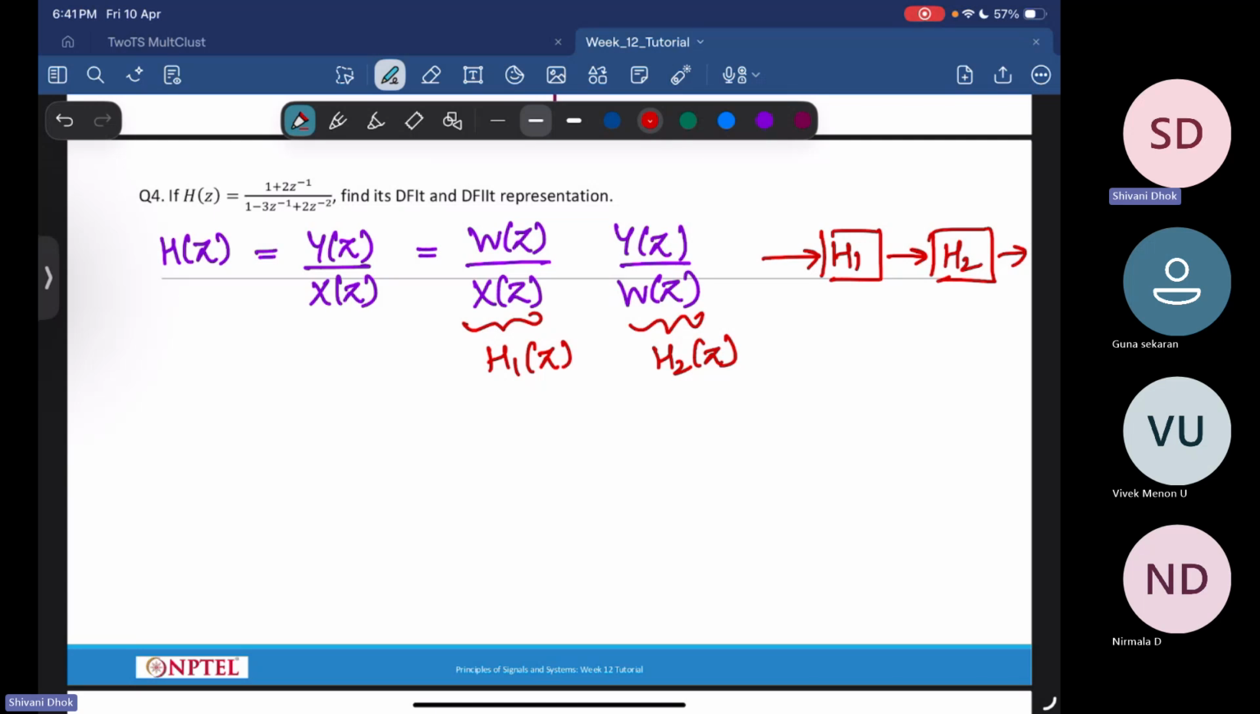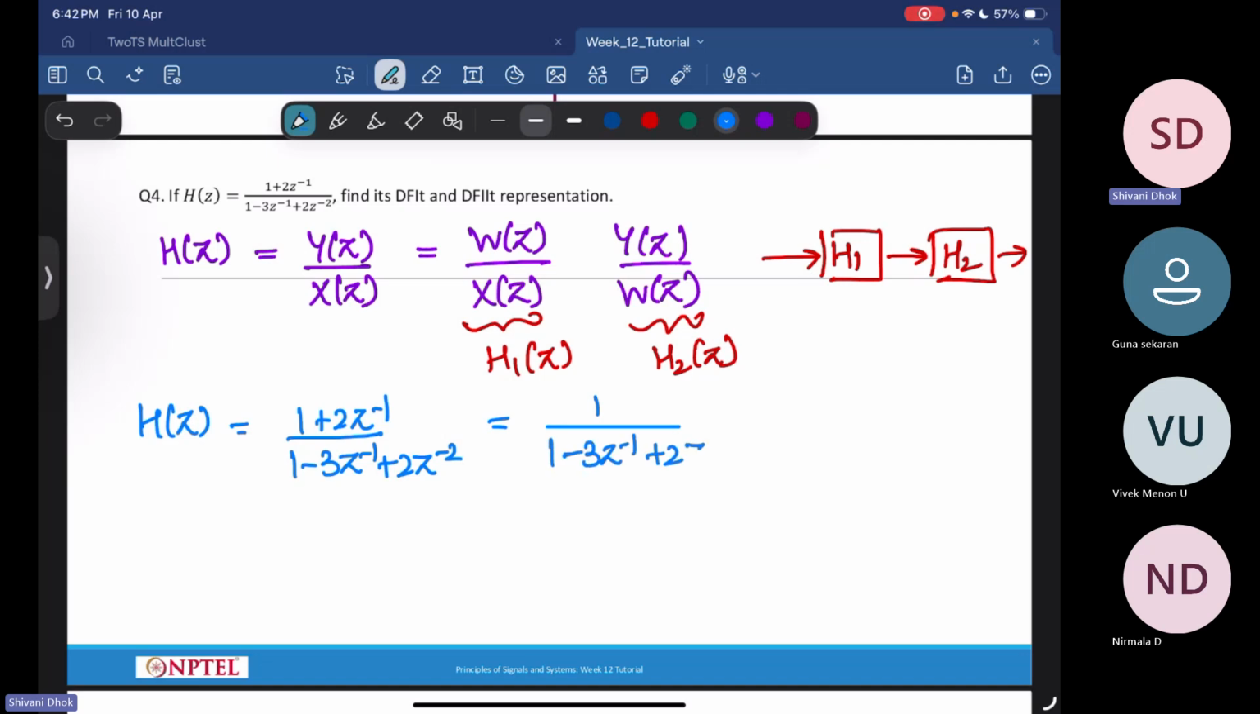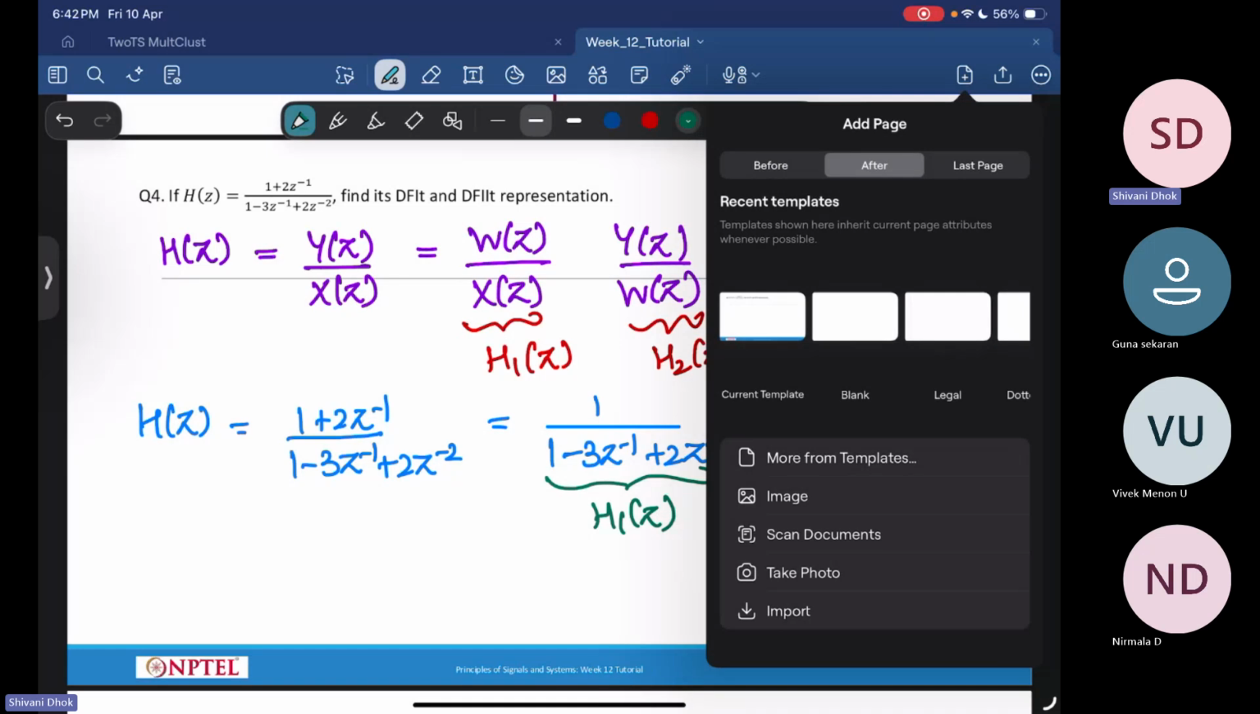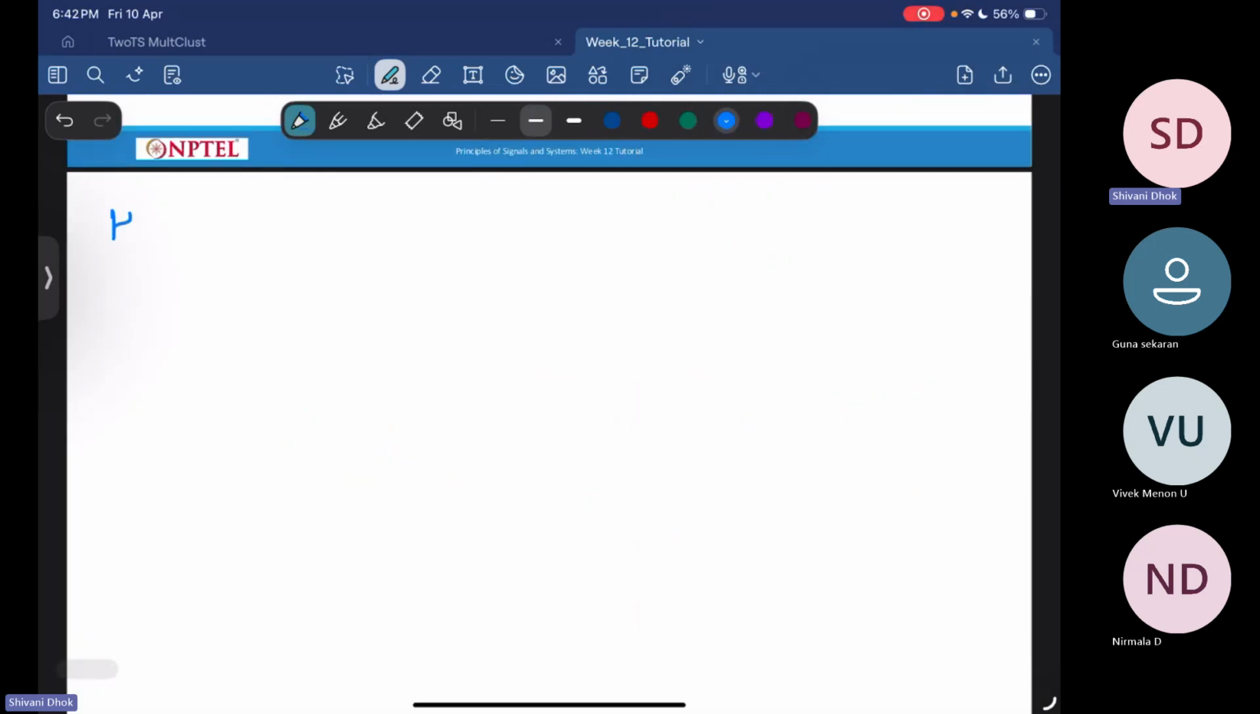So let's do that now. So you have H of z as 1 plus 2z inverse upon 1 minus 3z inverse plus 2z to the power minus 2. So I'll write it as 1 upon 1 minus 3z inverse plus 2z to the power minus 2 into 1 plus 2z inverse. So this thing is basically my H1 of z, and this thing is basically my H2 of z. So let's start with H1 of z. So H1 of z is what? 1 upon